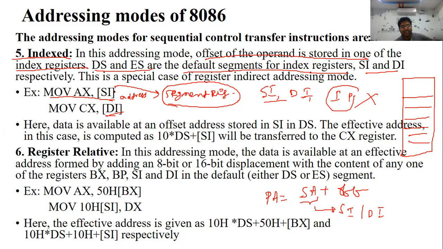Okay, so in this address location, remember, this points to the segment address. Suppose the data segment is here, and suppose the extra segment is here. Suppose this one points to the starting address of this data segment, which is 10000. In this starting address we have some data, see this.